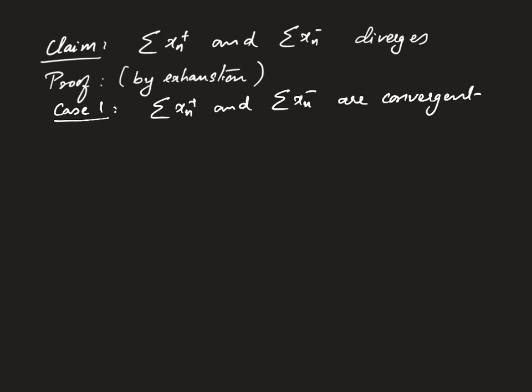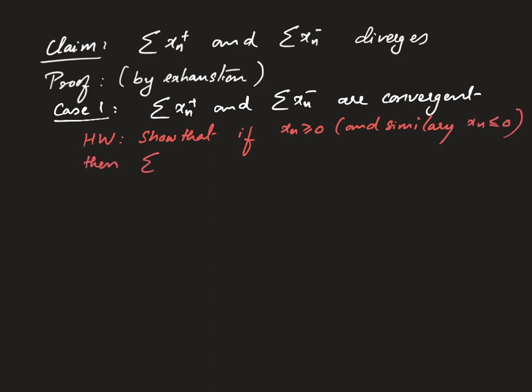So, to do this, we have to first look at a homework problem. The homework problem is: show that if x_n is greater than or equal to 0, and similarly x_n is less than or equal to 0, then series x_n is absolutely convergent if and only if series x_n is convergent. So because of this homework problem, we will get that if x_n^+ and x_n^- are convergent,